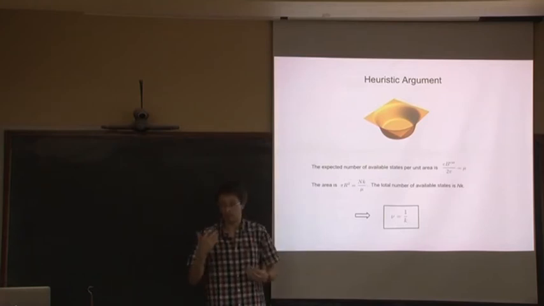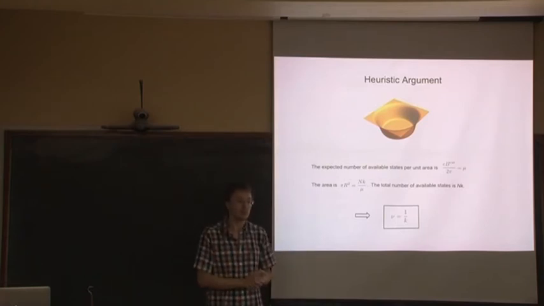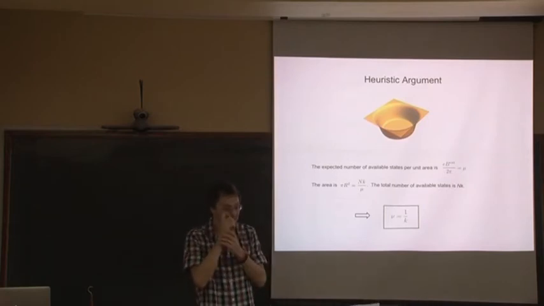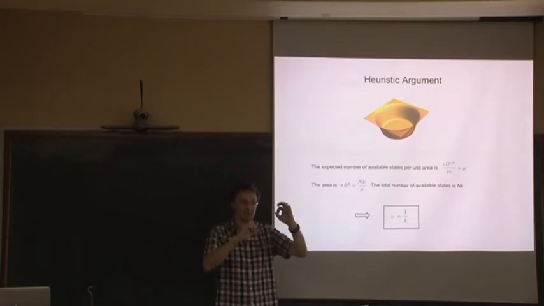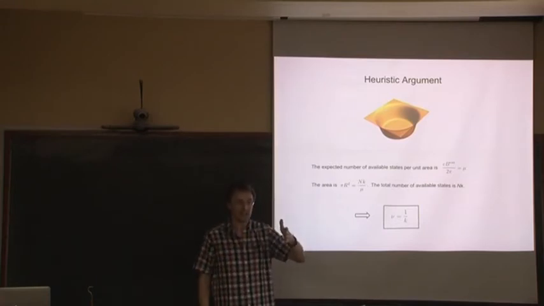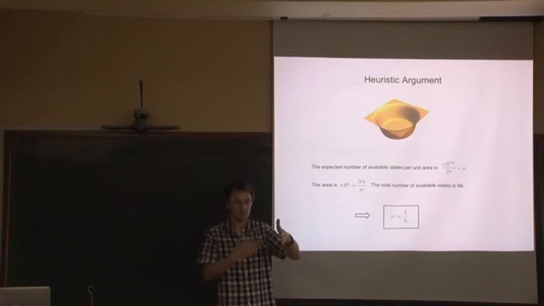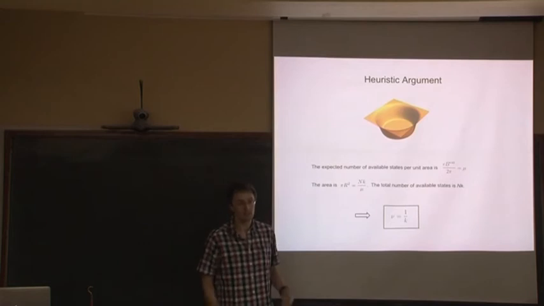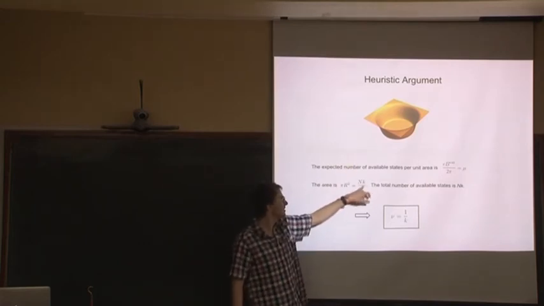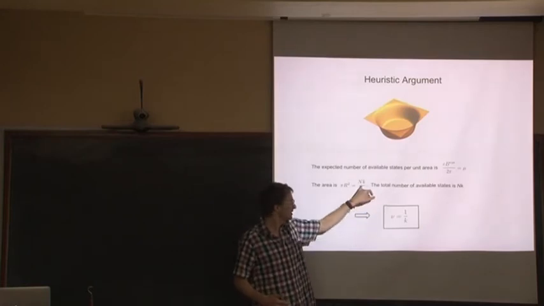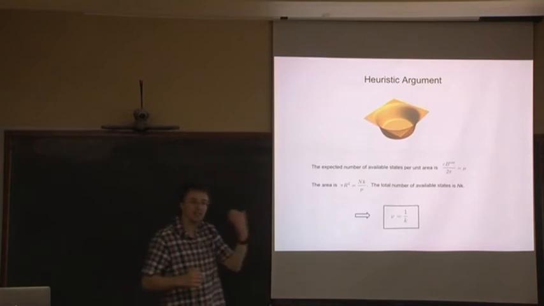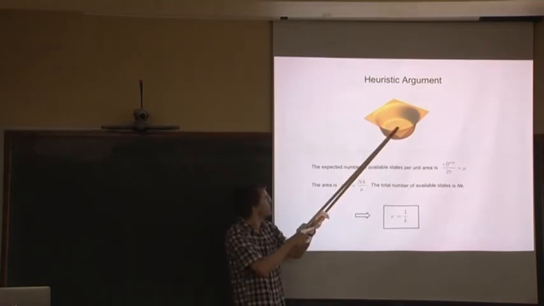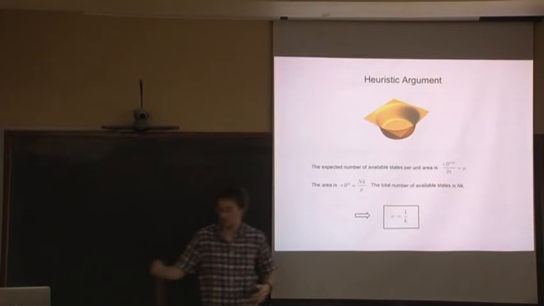And now our job is to try and find proof of that. The first statement was the vortices feel like they're moving in a magnetic field, which I call Bx. In a magnetic field Bx, the number of states in the lowest Landau level, we know how to compute per area, and it's just this. But now we know the area, so the number of states in this area is this, and the number of vortices is the... So this is kind of the intuition: what's going on inside of this is a fractional quantum Hall system.